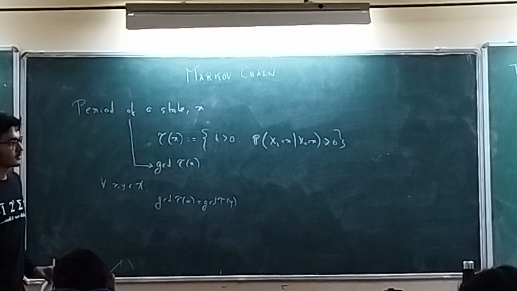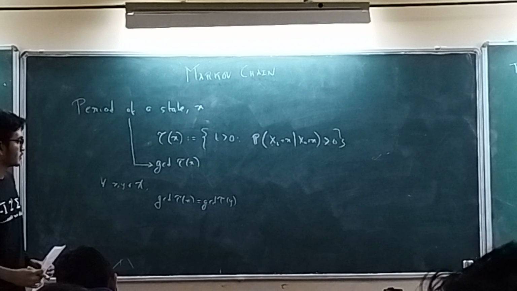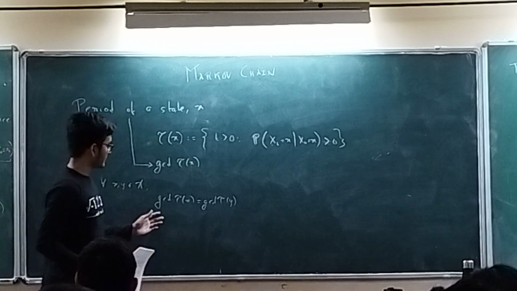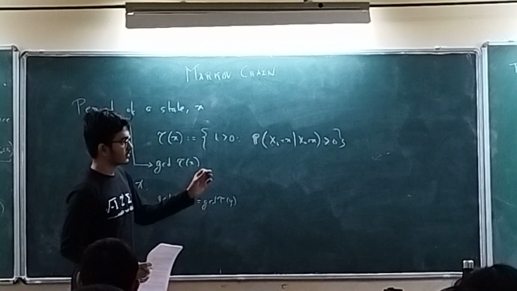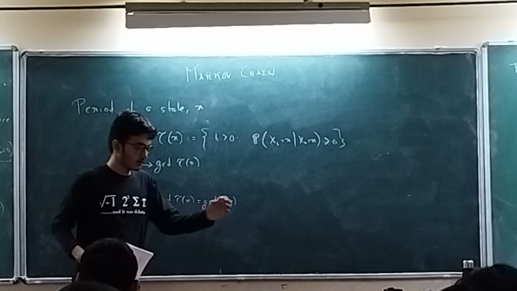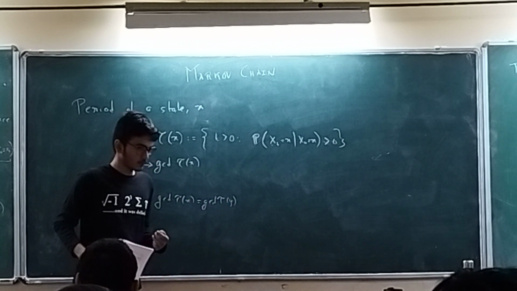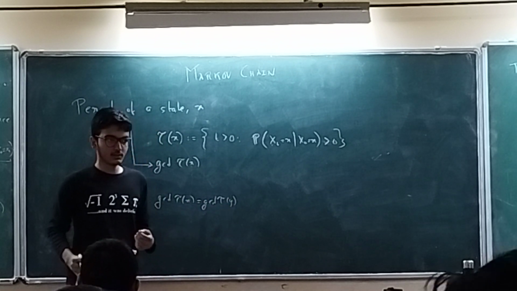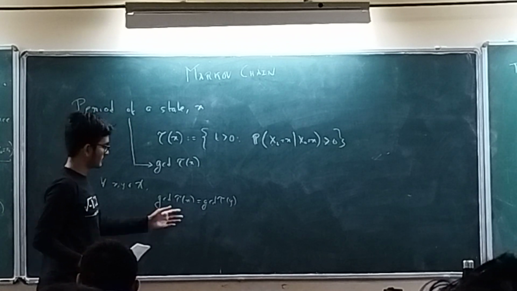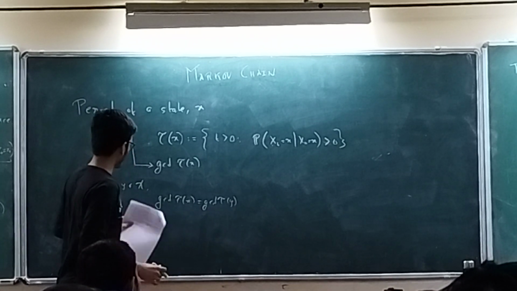So this is a nice proof again, but I am not going to discuss the proof. But you can see that it has a nice intuition, because there is some probability that it will go from x to y, and then within some number of steps it will come back to x, and hence this will be equal for any x and y.